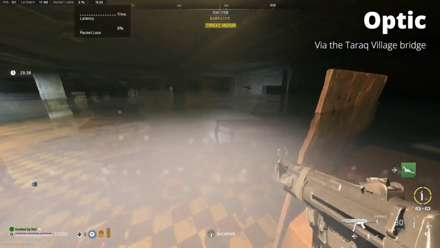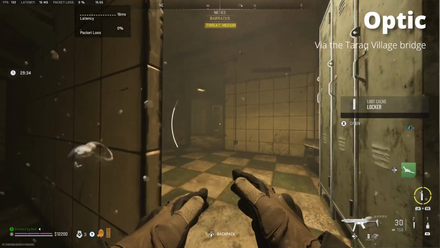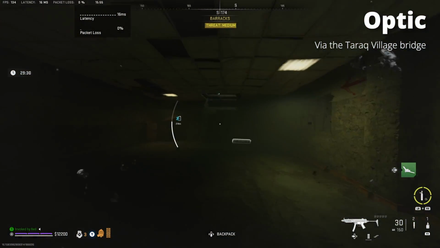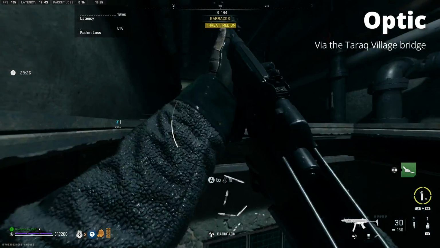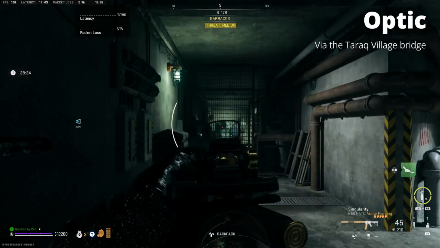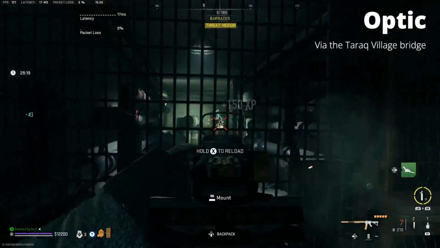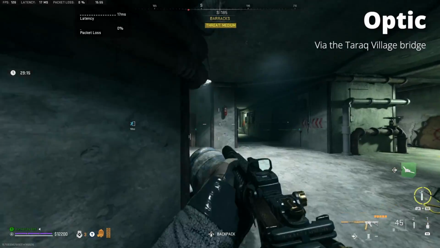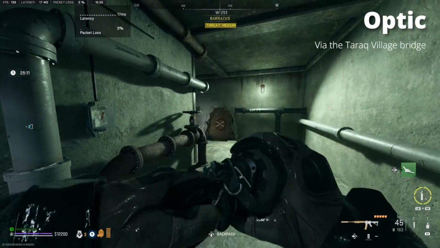And then when you get to the bit where you have to climb up a box and then go through lasers, you want to actually take a right and go all the way to the edge where there's a gap in the wall, but it's covered by some wood. Now to get through this, you need some kind of explosive, so a Semtex, a well-positioned frag grenade, or a thermite would work. Once that's blown up, go through and you'll be into this kind of secret area that's